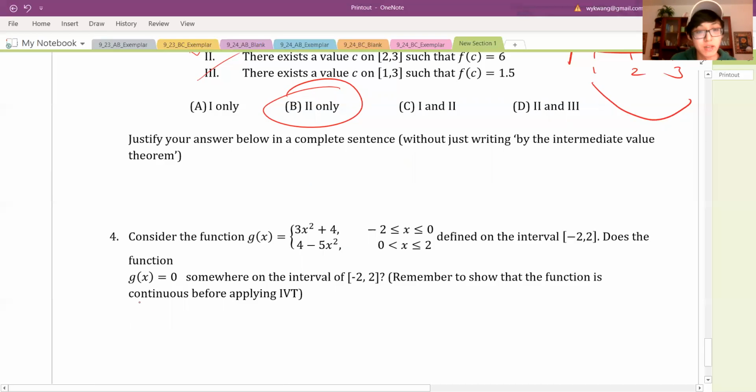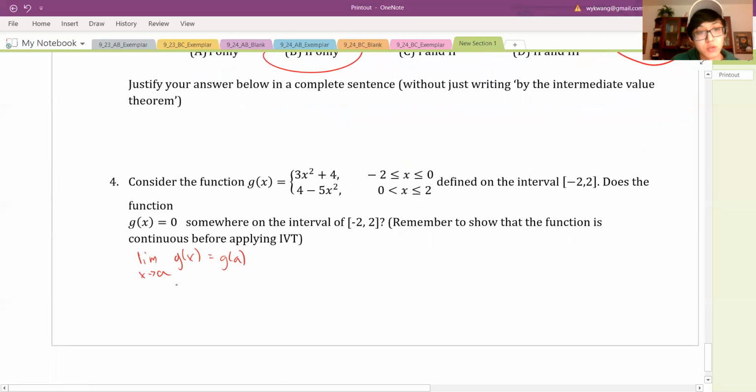Well, let's try our limit definition for continuity. So it's going to be the limit as x approaches a of f of x, well, in this case, g of x is equal to g of a. So that means I'm going to plug in 2 for a, right? So the limit as x approaches 2, you don't have to do all this work. If you can do it intuitively, I'm just going through every single step. The limit as x approaches 2 from the left of g of x must equal the limit as x approaches 2 from the right of g of x. It must equal g of 2, right? So the limit as x approaches 2 from the left, so from the left,